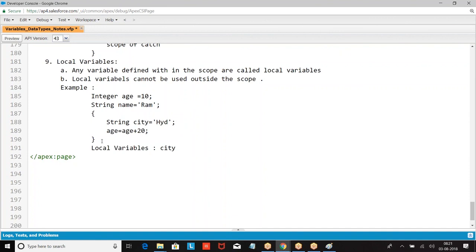If I just use the variable, is it local? No, only if we define the data type and variable name. If it is defined, it is called local. Any variable defined outside the scope is called